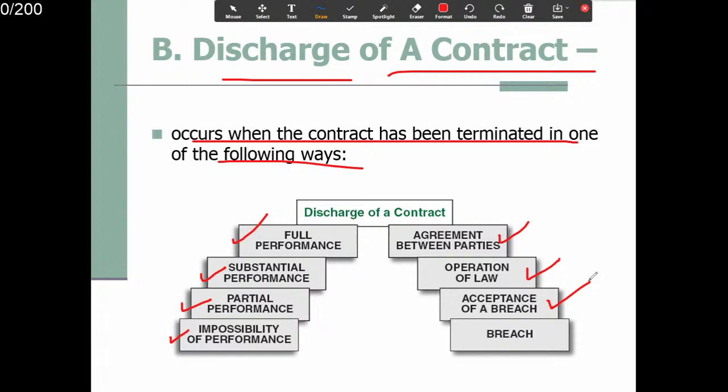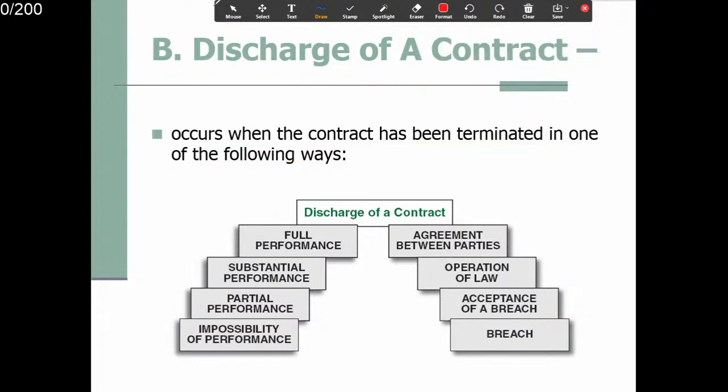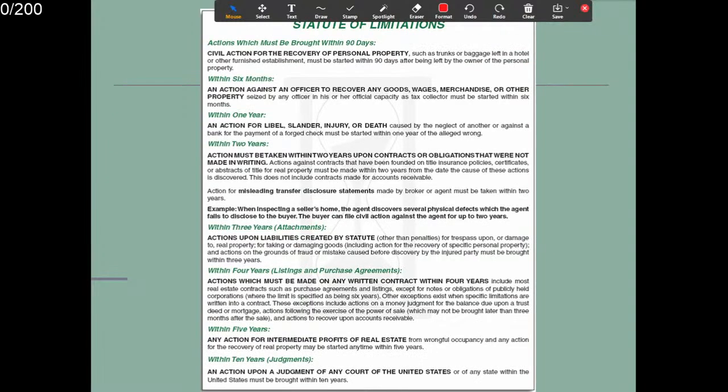Acceptance of breach, 一方接受。One party agrees that, oh, okay, you can't do it, that's okay. We'll find someone else. And of course we have breach. Someone breaches, right? Someone's going to get sued. 一方不做的话，可以啊，没问题啊，他就告你还是被告。就是这样子去停掉一个协议。